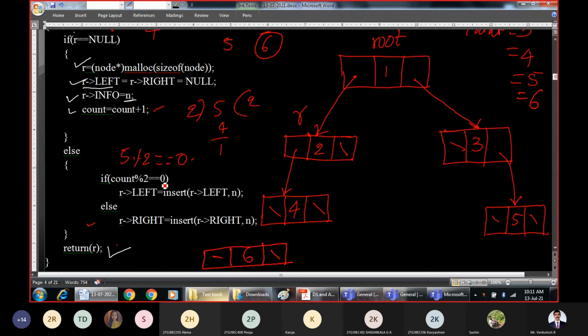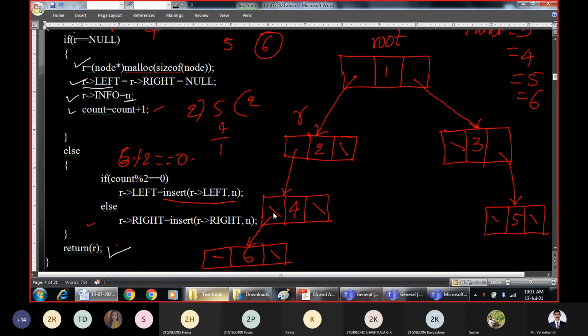If count modulo 2 is 0, count is 6, 6 modulo 2 is 0. So what happens? The new node will be inserted at the left side of the root node. So you have to go on following recursively until you get the null value. At that position, the new element will be inserted. That is R pointer left equal to the new node. This is where it will get attached.